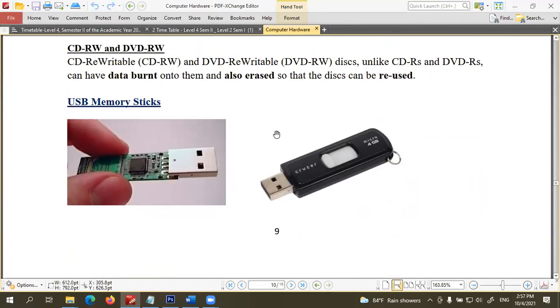Right. After that, children, USB memory sticks. I think you also have used them. So that is also considered a storage device. Actually, that is not a storage device. It's called a data traveler. Most people misuse this device. They use this as a storage device. But what happens ultimately? It can be very vulnerable to virus attacks. Then these devices get lost very frequently.